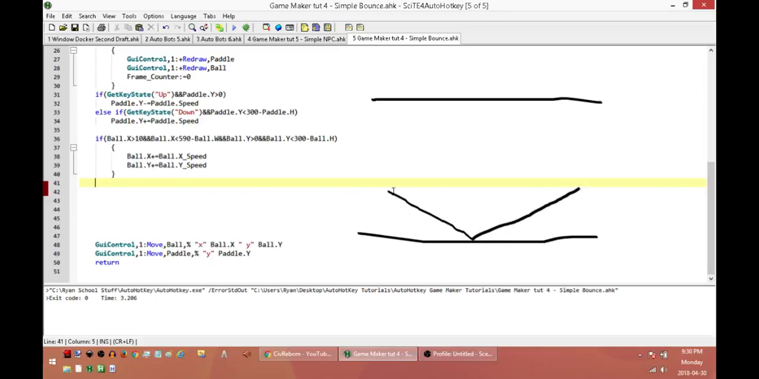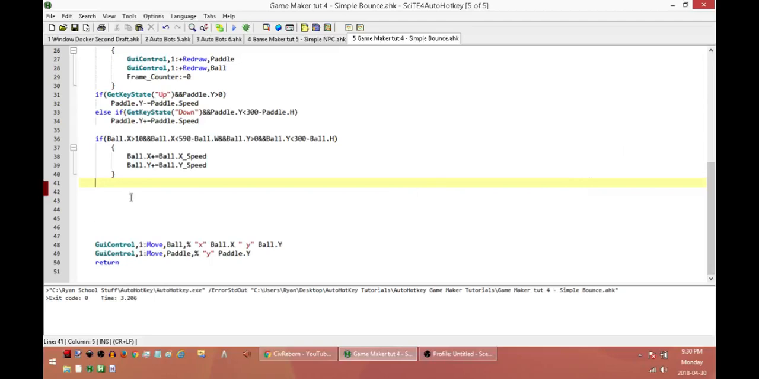So let's say Y is going 3 pixels per frame, when it hits the bottom, it's going to change that to -3. So now it's moving upwards. So it's moving down, down, down, hits the bottom, and then changes to the opposite, and now it's moving up. All right, so we'll check if